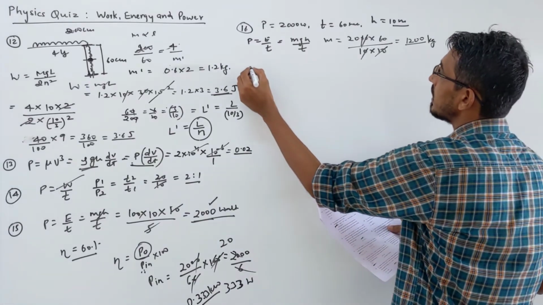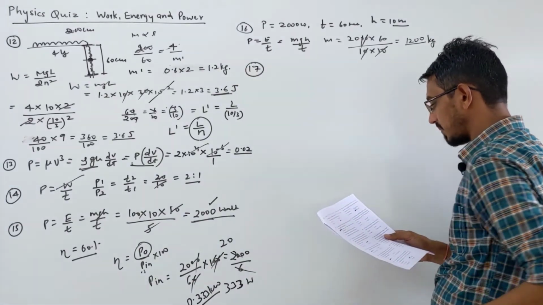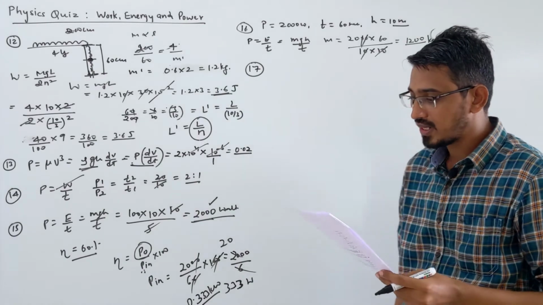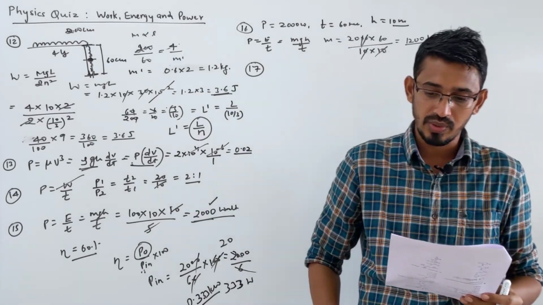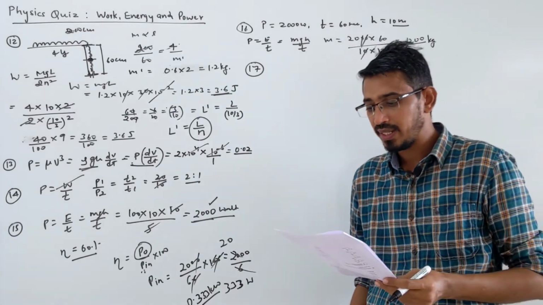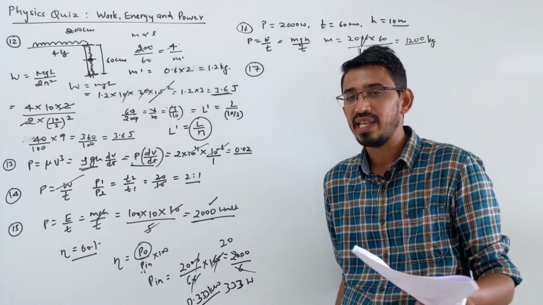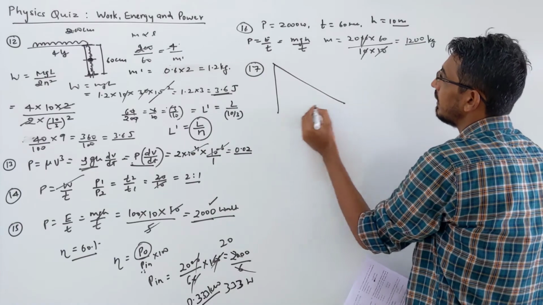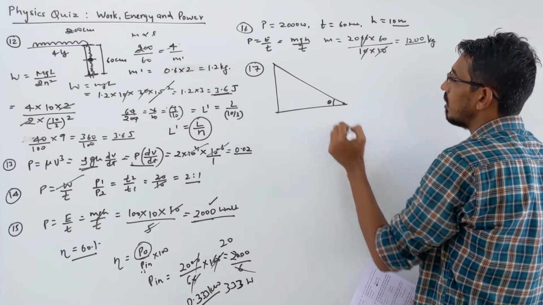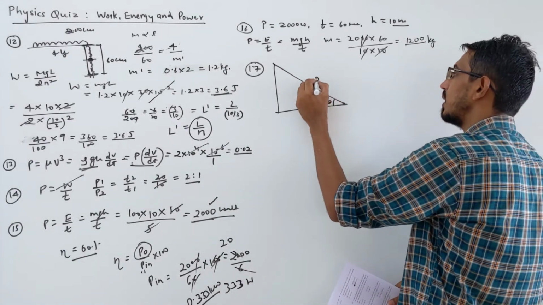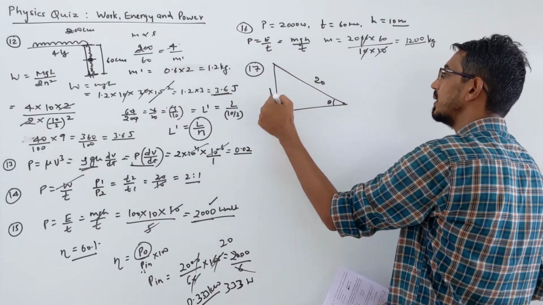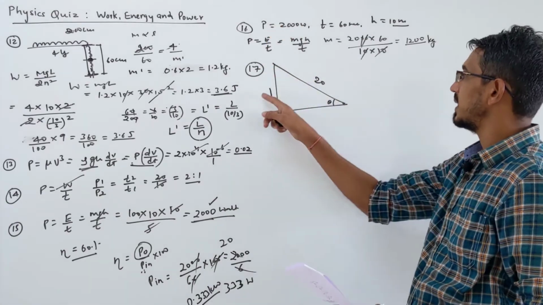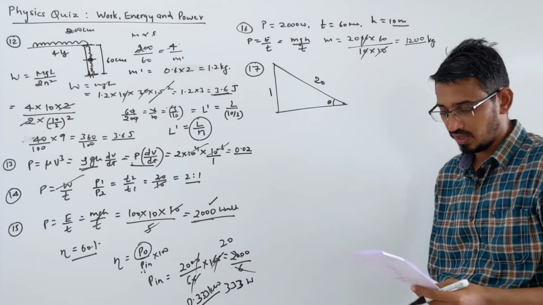Let's move to problem number 17, and this problem says a man is riding on a cycle with a velocity of 7.2 km an hour up a hill having a slope of 1 in 20. I have explained this in theory also: sometimes they don't give the angle, they say the slope is 1 in 20, which means when you go 20 meter along this line you are rising 1 meter straight upward, right? So these two sides are given, you can find sine, cos, tan, whatever you need.